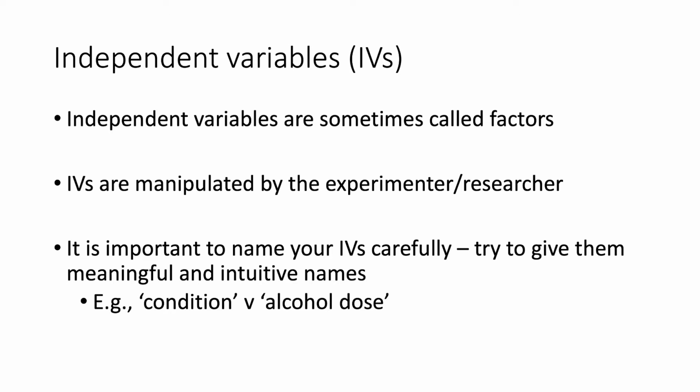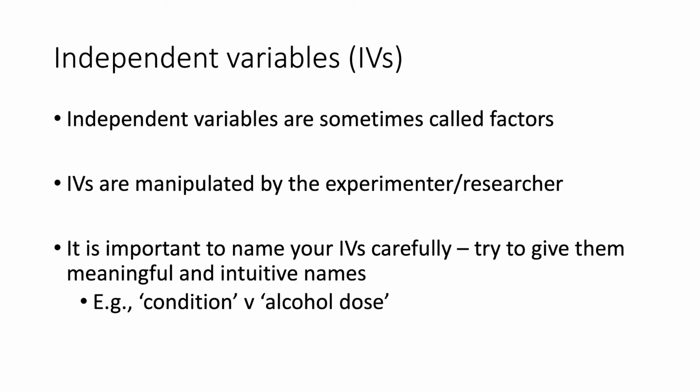But in general, the independent variable is distinguished because it is something that is under the control of the experimenter, or often under the control of the experimenter, and it's something that ideally the experimenter wants to be able to manipulate. And so identifying independent variables can be very important,